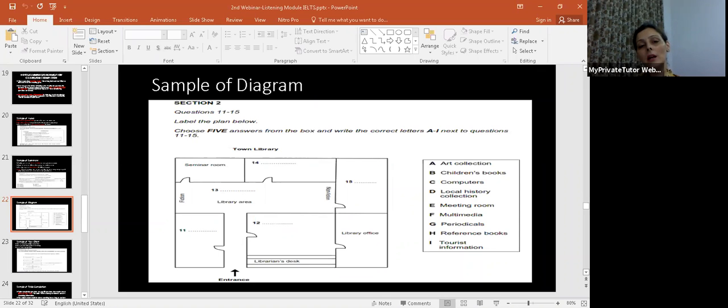You're going to figure out, oh, they are looking for us to label the diagram. So it is all dependent on the audio, the whole description in the audio, and then you're going to figure it out. Maybe they may be talking about the seminar room on the right side, or maybe the direction, some direction they were talking about.